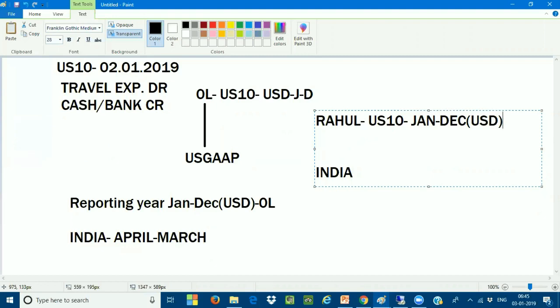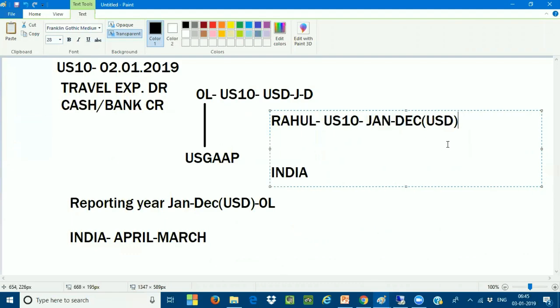Now on the deputation purpose, he has traveled to India. But in India, same company code. I'm not using a different company code. I'm using the same company code. This is for the reporting system I'm maintaining. This is for the US GAAP reporting system. I'm maintaining this structure. Very, very important.